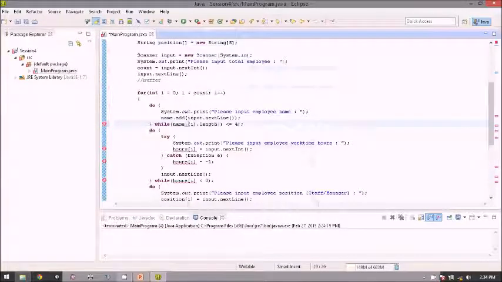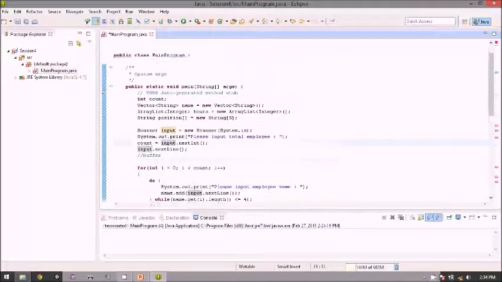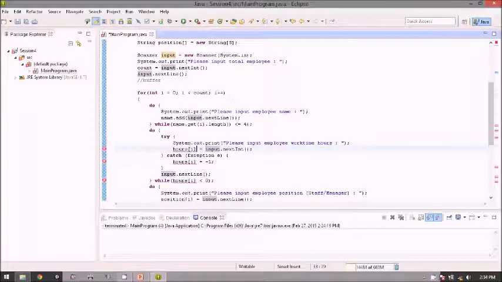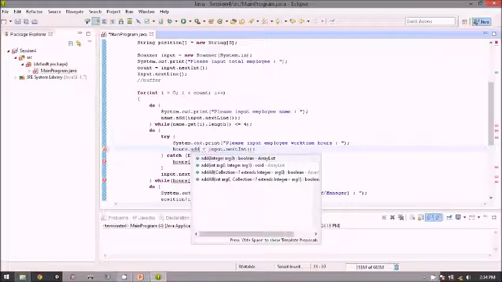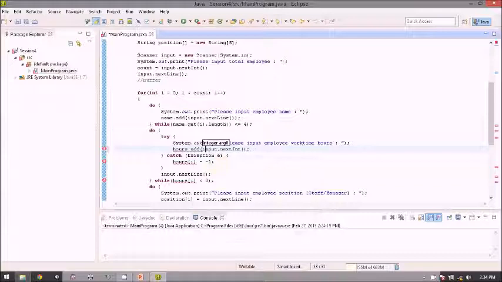Okay, so we leave it like this. And then for the hours, because it's an array list, how we add the member is the same as vector, so we use the add function like this.